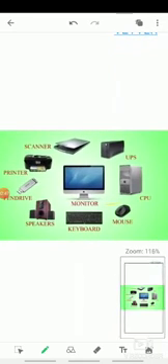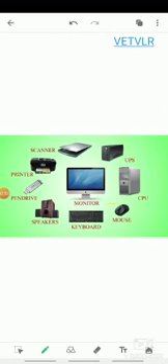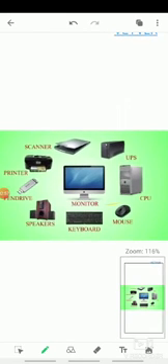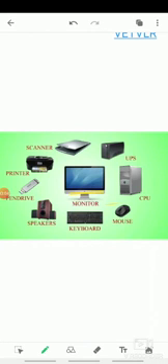Students, you can see the image here. In this image, the parts of computers are there. First one is monitor. Monitor is an output device. Why? It is used to display the output screen, so it is called an output device.